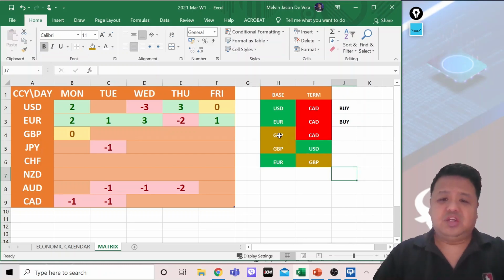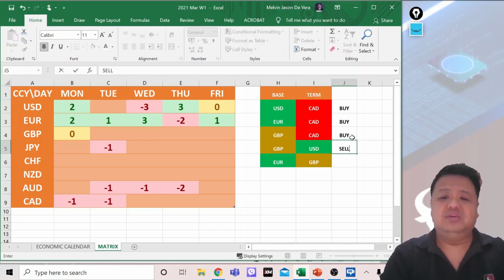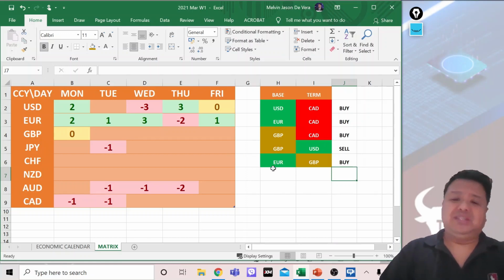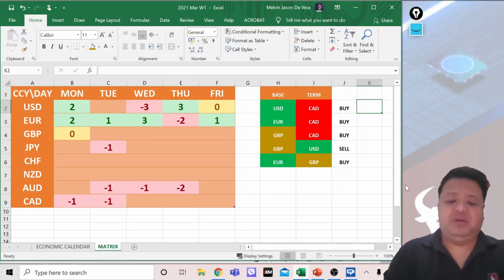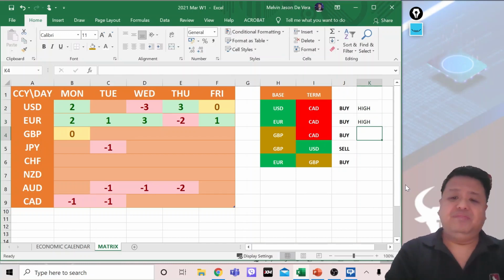Okay? So, anong position natin dito? Buy. Anong position natin dito? Sell. Anong position natin dito? Buy. Okay? So, nakakaroon ka ngayon ng tinatawag na bias. So, ito yung mga high probability mo. Ito hindi. Yung tatlo.